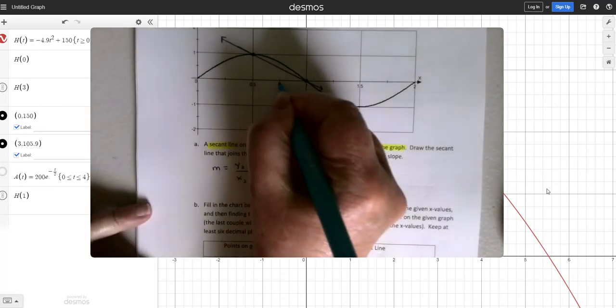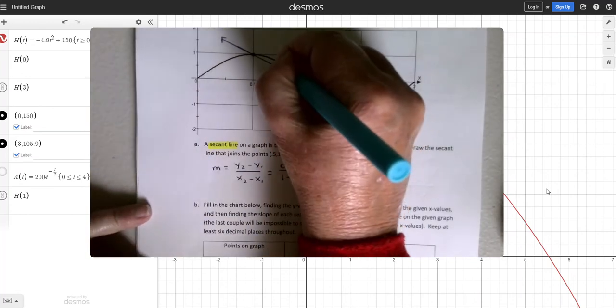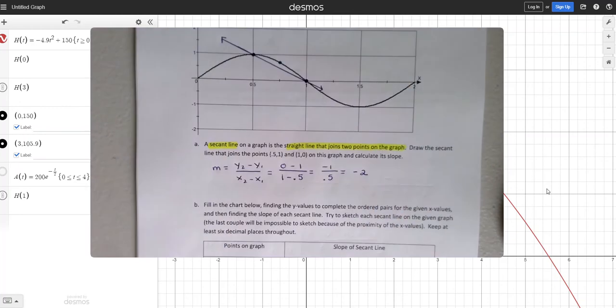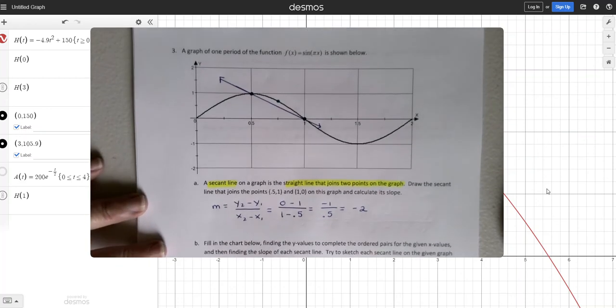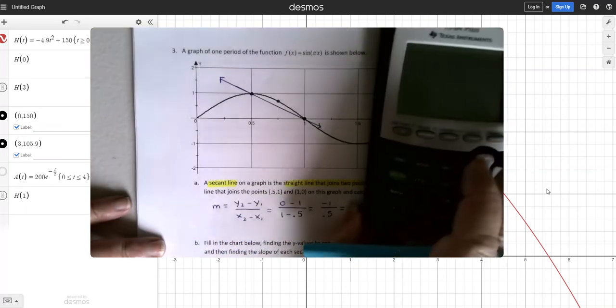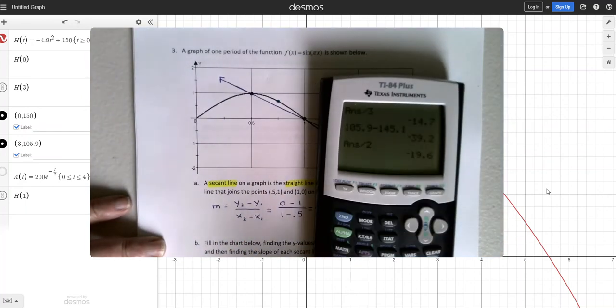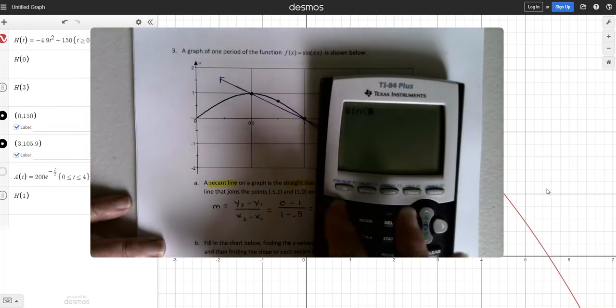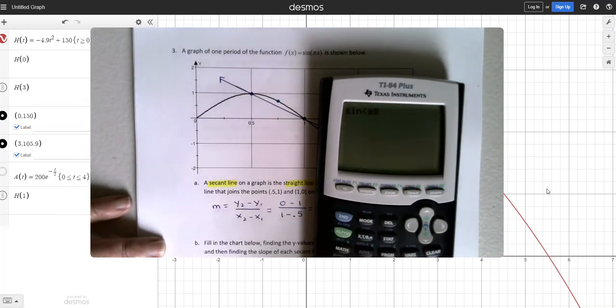If x is 0.75, I've got a point on the graph right there. And in fact, if I'd like to figure out what the actual y value there is, I can do that pretty easily because I know the function, right? If I just take the sine of pi multiplied by 0.75,